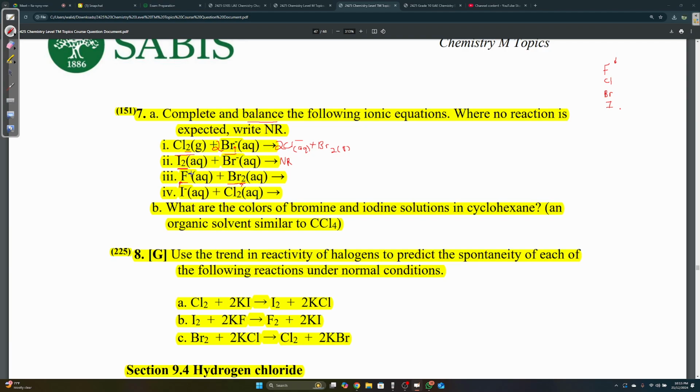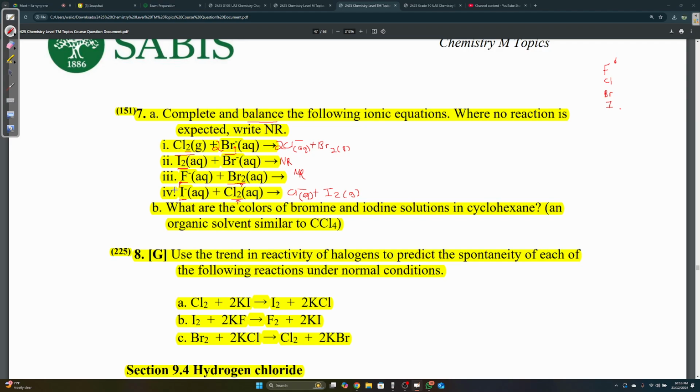Why? Because what's the rule? The one with 2 as a subscript, the halogen, should be more reactive than the halide, the one with just minus. Okay, so let's see, is Br more reactive than F? No, it isn't. So again, no reaction. I minus Cl2. Again, you don't look at the I first, you look at the Cl2 because it has 2 as a subscript. Is Cl2 more reactive than I? Is it above I? Yes. So let's complete it. All you have to do is just swap them. And then just swap the states